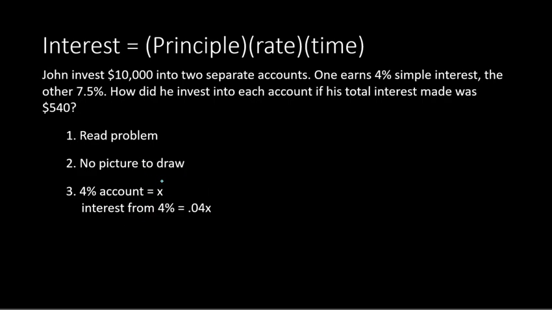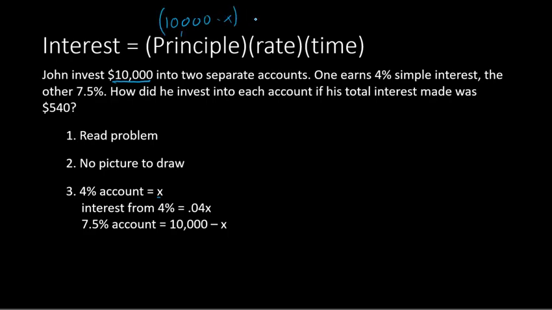Now the other unknown is the principal, or the amount invested, into the 7.5% account. Well, we know the total amount invested is $10,000. If he invested x into the 4% account, then 10,000 minus x is how much he invests into the 7.5% account. So if that's the principal invested into this account, we can then find the interest earned by this account. So the principal is 10,000 minus x,